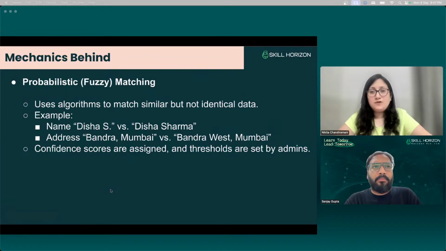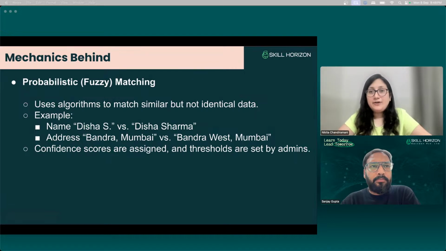Then the second approach was probabilistic, used when none of the things match. It uses algorithms to match similar but not identical data. Identical email, no. Identical phone numbers, no. So what we'll do is, one name is Disha S and one is Disha Sharma. We see that it looks similar, and there could be a possibility that Disha S is also Disha Sharma.